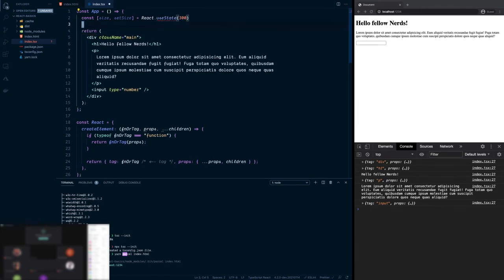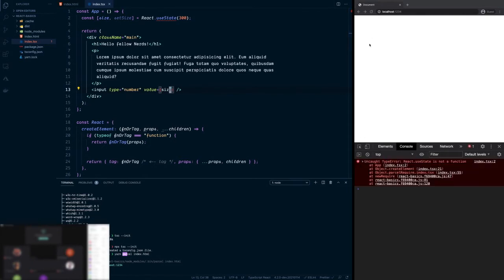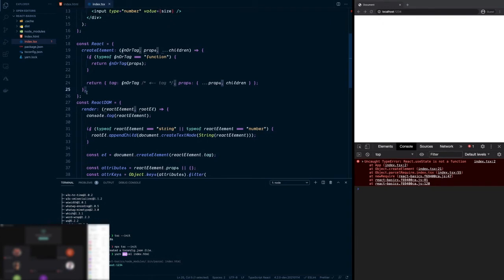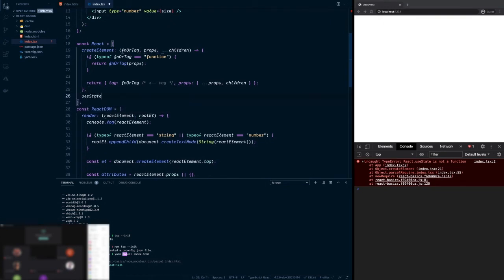So what we're doing here is basically we tell React we want to use some state in our component. And the default value is 300. The variable is named size. And if we want to change this value, we need to call the setSize method, right? And we can do value size here. So now, well, I guess we need to implement useState first for ourselves,